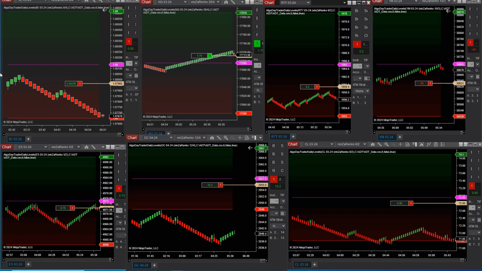So the Nasdaq, let's say you're not in any trades here. The Nasdaq would be the market I would consider to be long at, and the Russell, as opposed to the YM or the S&P, is the market I would consider to take short trades. Why? It is the weakest. The YM is just slightly below the midpoint. So is the S&P, really. But the Russell is way below the midpoint, which makes the Russell the weakest index, which means all things considered between these three, I would much rather take shorts in the Russell because it is the weakest market.